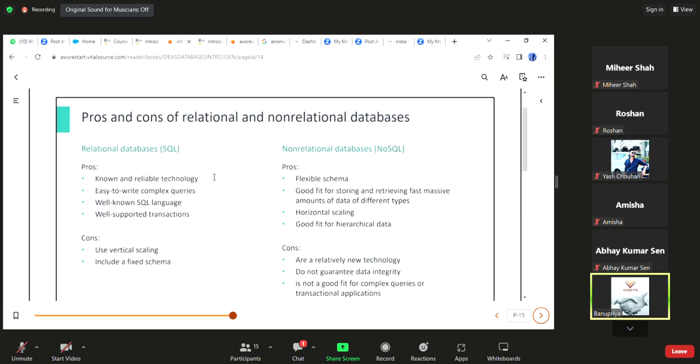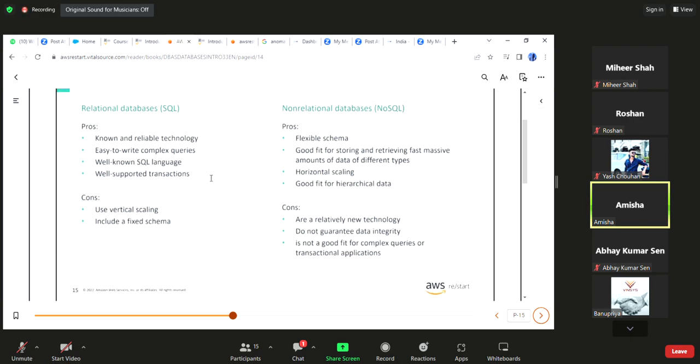Coming to the non-relational databases, who is going to read? Yes, please read. Non-relational database pros: flexible schema, good fit for storing and retrieving fast massive amounts of data of different types, horizontal scaling, good fit for hierarchical data. Cons: a relatively new technology, do not guarantee data integrity, not a good fit for complex queries for a